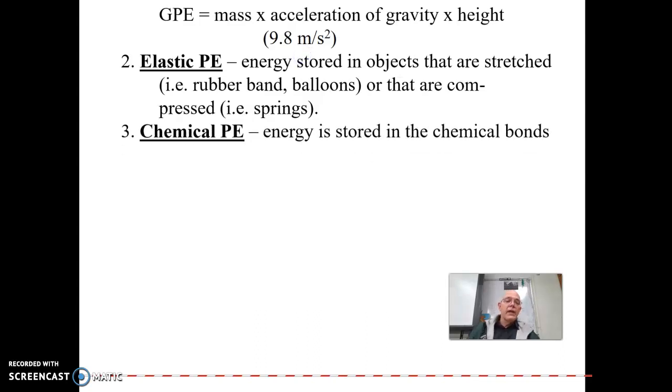All right, then the last potential energy is chemical potential energy. Anytime we have two chemicals joined together, or atoms joined together, there are chemical bonds that hold them together. And it takes energy to hold chemicals together. That's why we have to add energy to build chemicals, like our bodies. We have to eat food so that we can build all these chemicals and join them together to build our body materials out of it. Okay? And it takes energy to hold all these atoms together. Anytime we break those atoms apart, they're going to release energy.